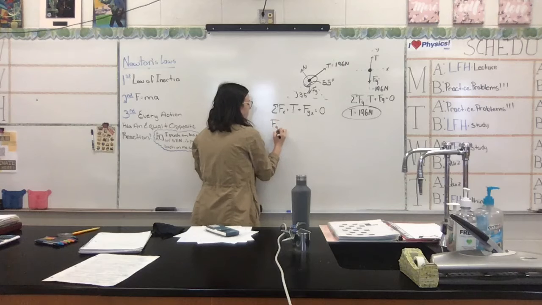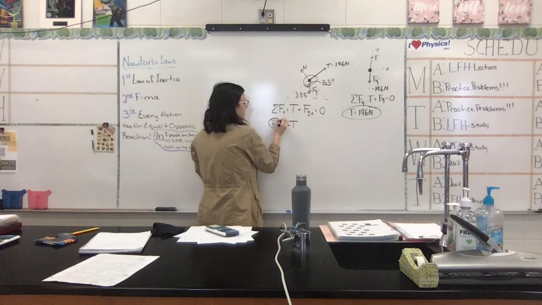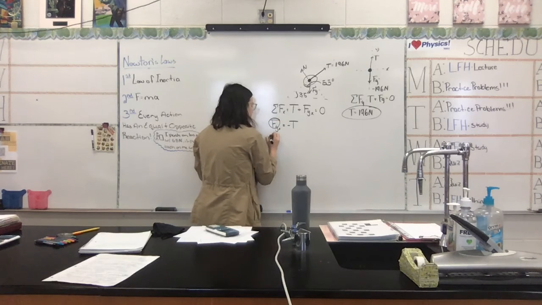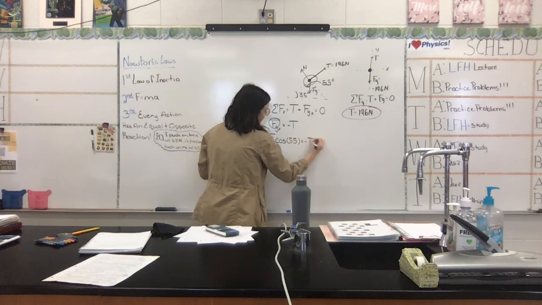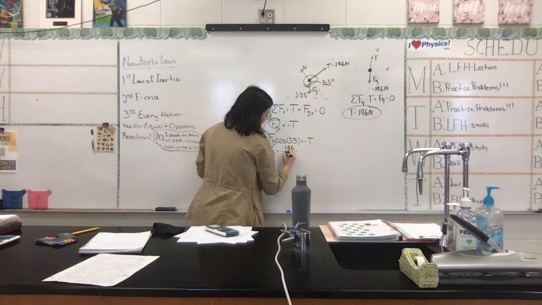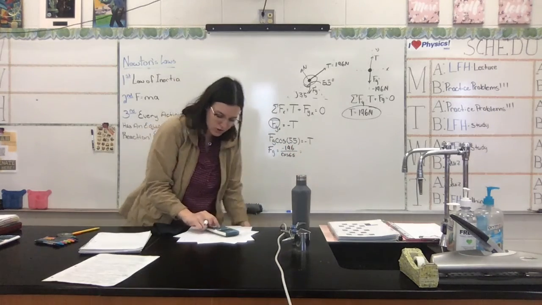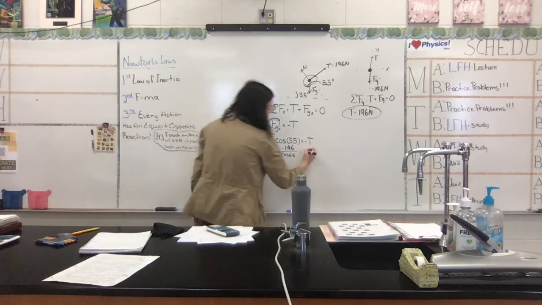So we'll say that the force of gravity in the x is equal to the negative tension, but we want this overall force of gravity, which means we need to say Fg cosine 55 is equal to the negative tension, which means Fg is equal to negative 196 divided by the cosine of 55, which is equal to negative